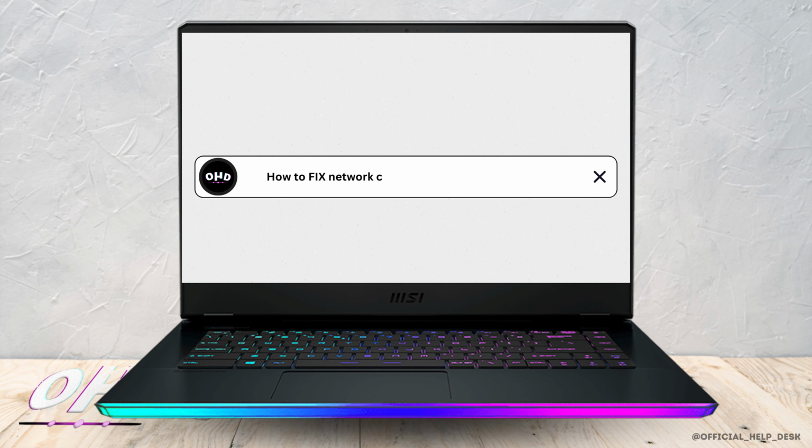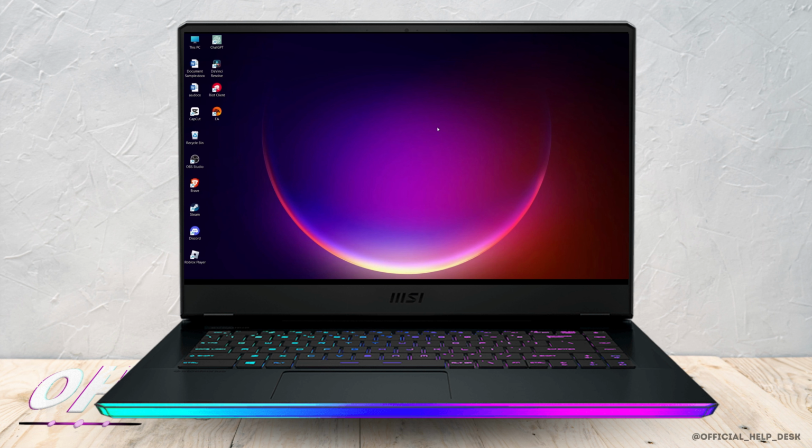How to fix network cable unplugged error in Windows 10 or Windows 11. So firstly, go to your run command and open command prompt, but keep this thing in mind, command prompt should be run as administrator. Here type